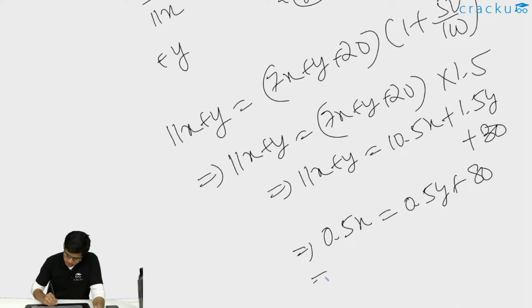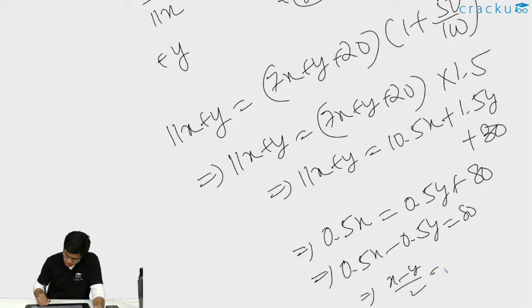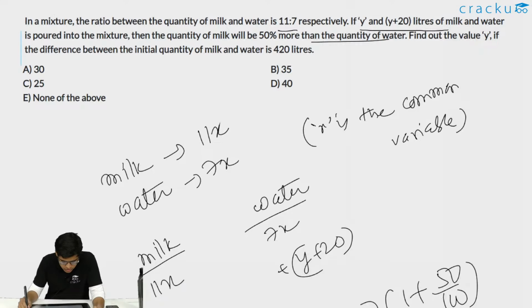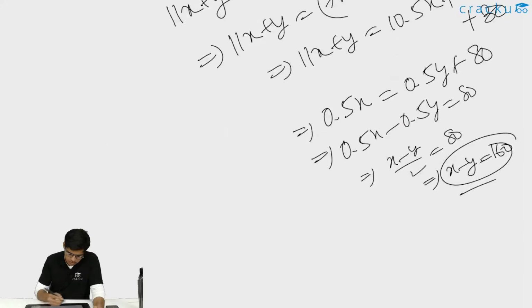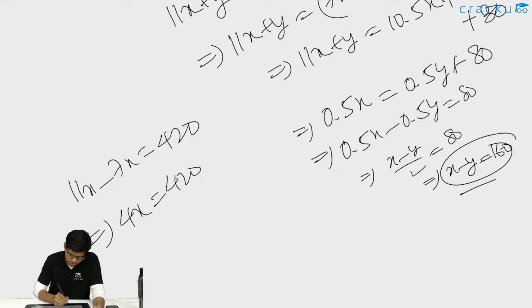Plus 80, or 0.5x minus 0.5y equals 80, or (x minus y) by 2 equals 80, or x minus y equals 160. So x minus y is 160, and it is given that the difference between the initial quantity of milk and water is 420 liters. Means 11x minus 7x equals 420 liters, or 4x equals 420, or x equals 420 by 4, which